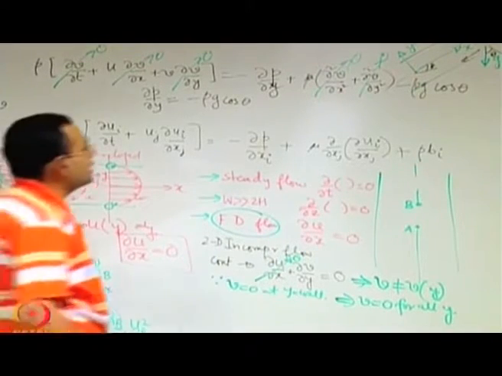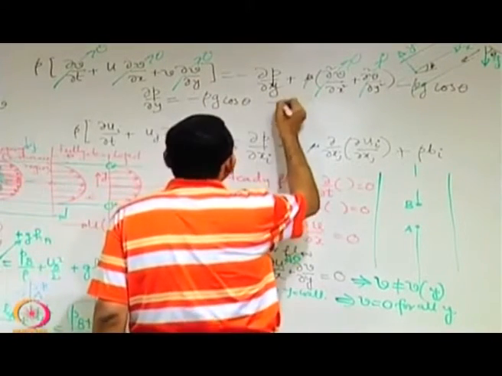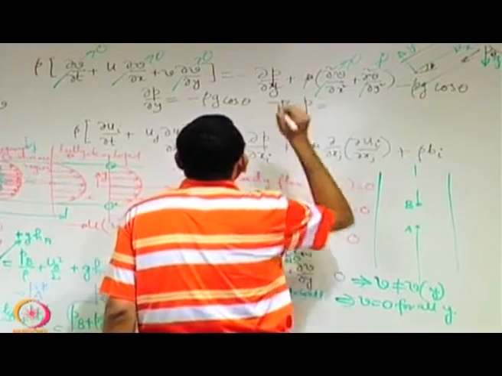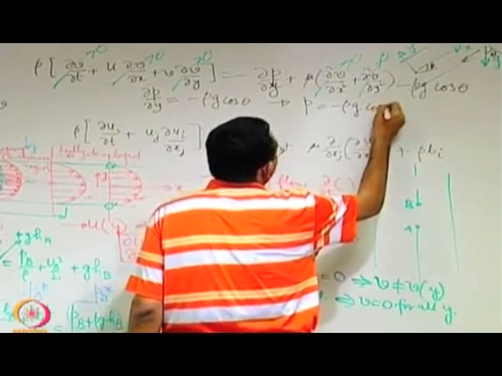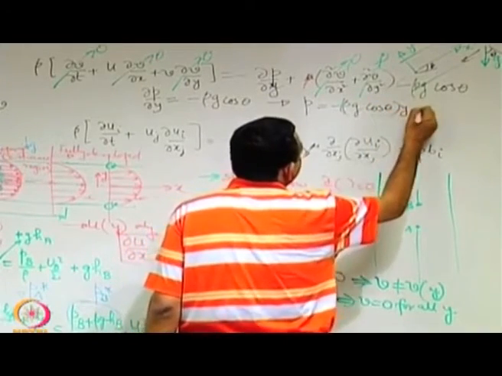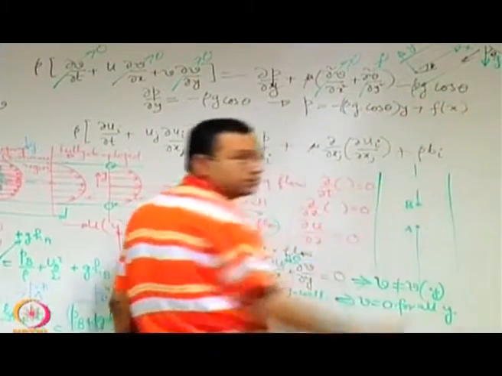So if you integrate it, you have P as minus rho g cos theta into y, say, plus some function of x,